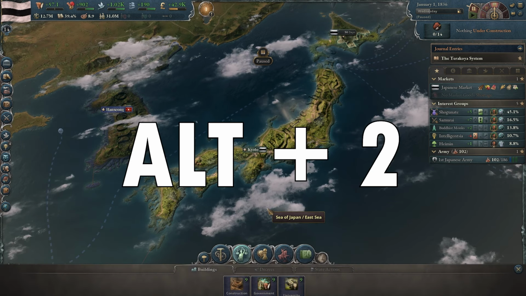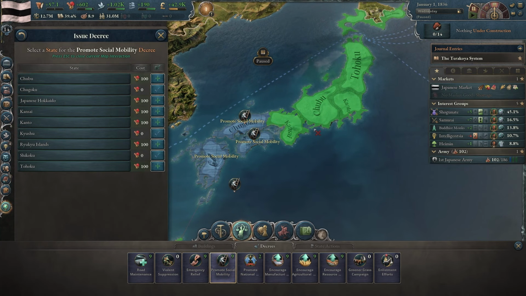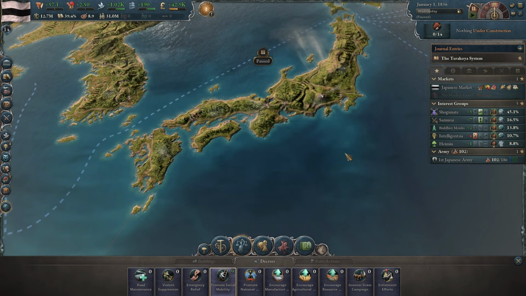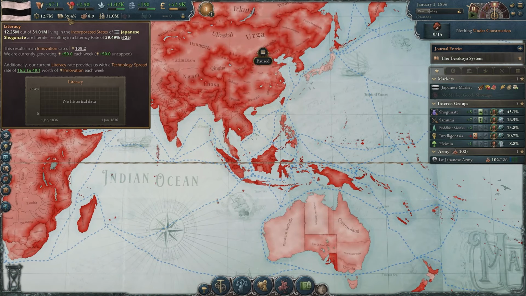Now, just by clicking Alt-2 or coming over here to our decrees by simply clicking the political lens button, we're going to go ahead and promote social mobility throughout the entire country of Japan. Now, the reason why we want to do this is because we want to slingshot our literacy rate as high as possible. Now, as you can see here, Japan has the highest literacy rate by far in the entirety of